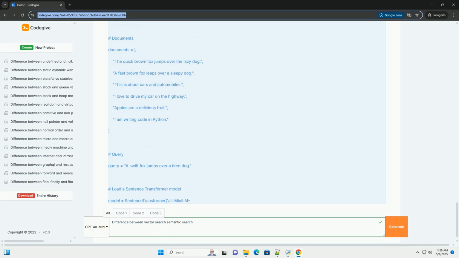::-1 reverses the sorted indices to get the results in descending order of similarity. 5. Output: the code prints the query and the top 3 most similar documents, along with their similarity scores. Key advantages of semantic search: